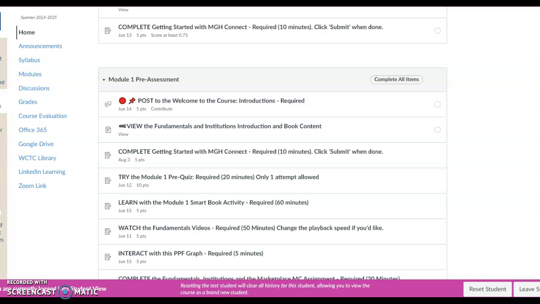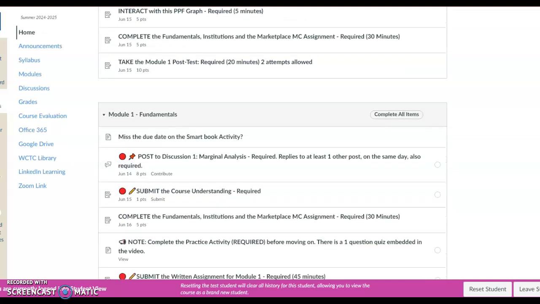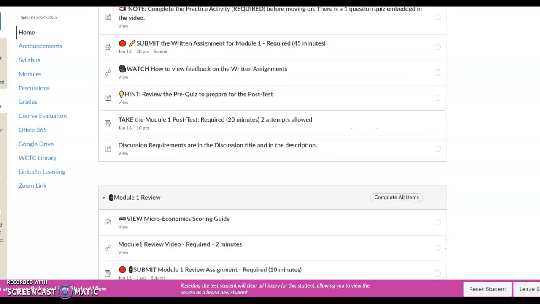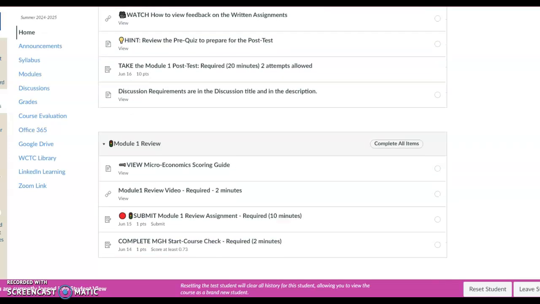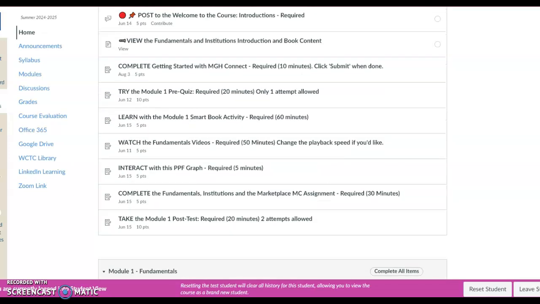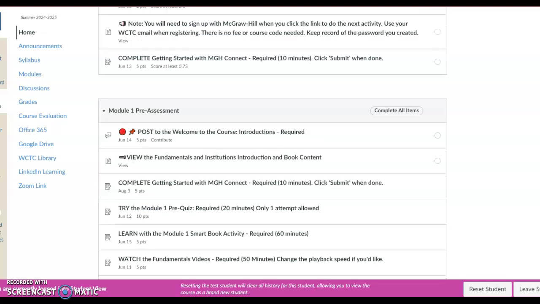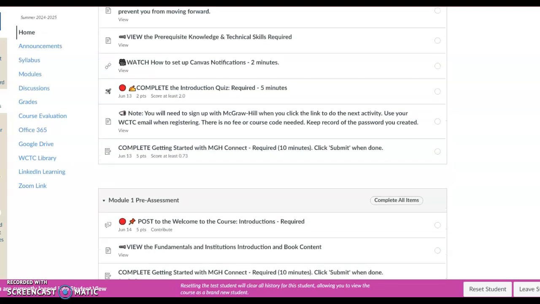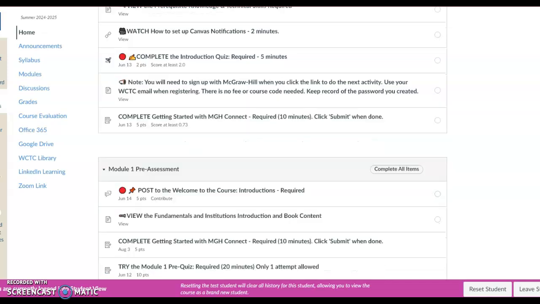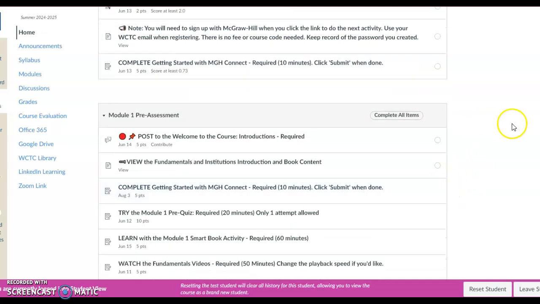Okay, so we have covered what's due for the most part when it comes to fundamentals, the review, and also the pre-assessments. And I'm hoping that everybody already started. One thing I want to bring to your attention is there is an old link, and I just discovered this. When getting started with Connect, I want everyone to click on this link right here, because the date